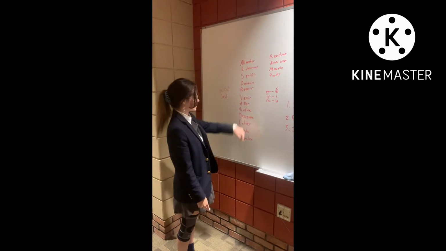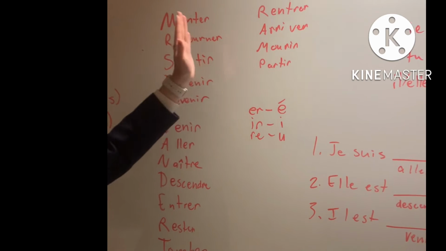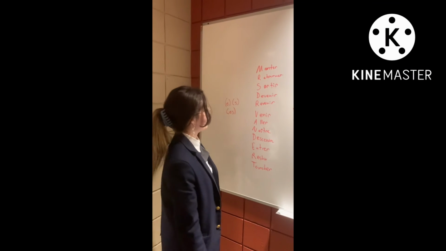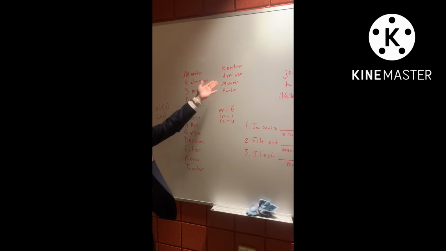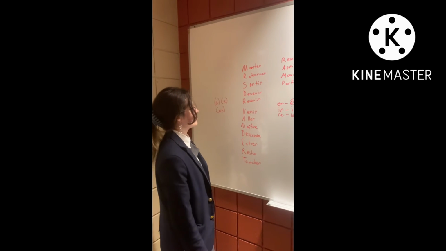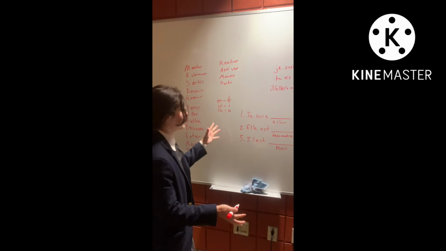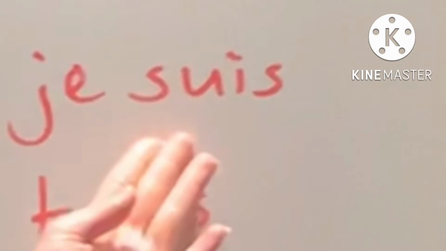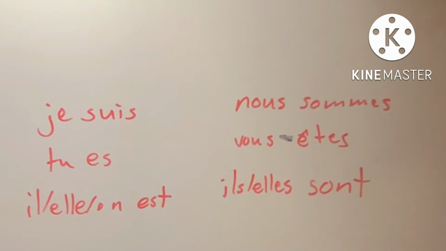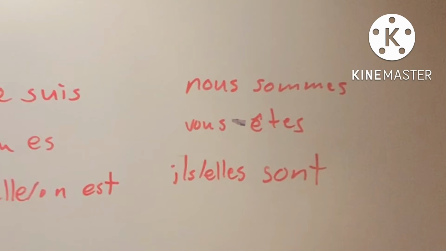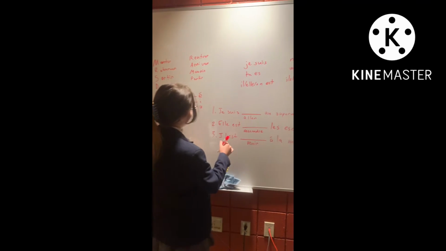So now we have this great list of verbs that you have to use être with when you're doing passé composé. And we remember that by going Mrs. Dr. Vandertramp. Very fun stuff over here. So whenever you're doing this, you have to use être. In case we all forgot, we have je suis, tu es, il est, on est, nous sommes, vous êtes, and ils sont.